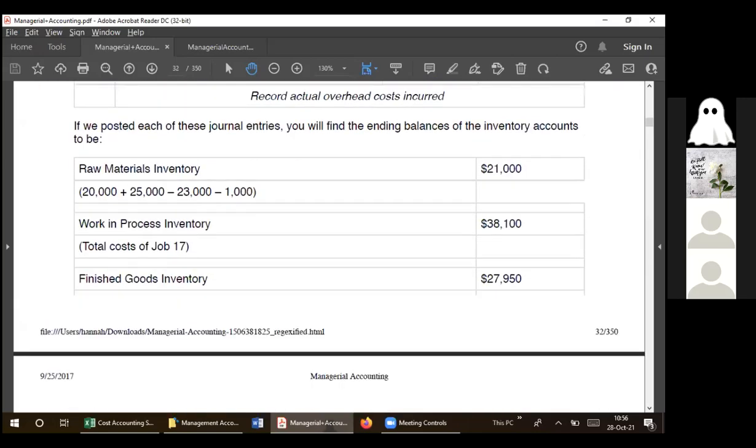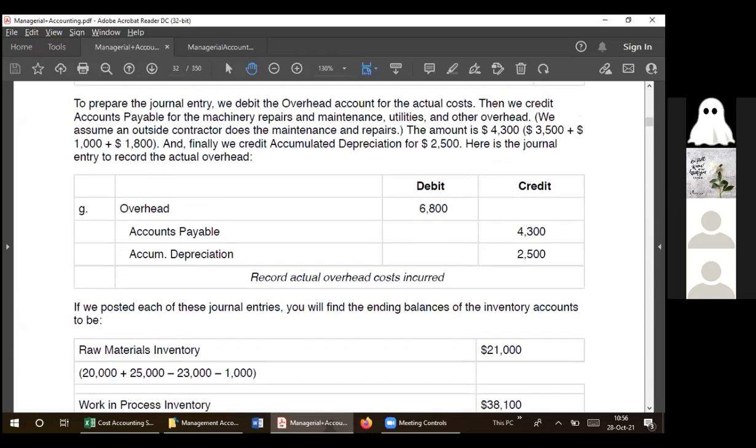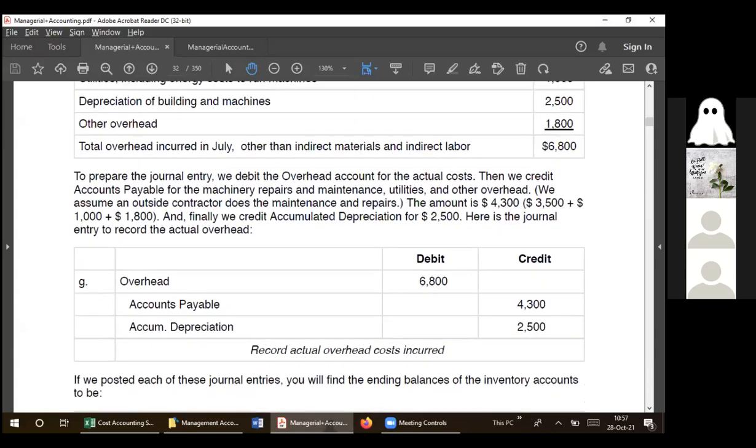So we are just to learn how costing is done, not to look at journal entries. For example, I can show you how they are done. The one you're looking at is journal entry G. So this journal entry is for